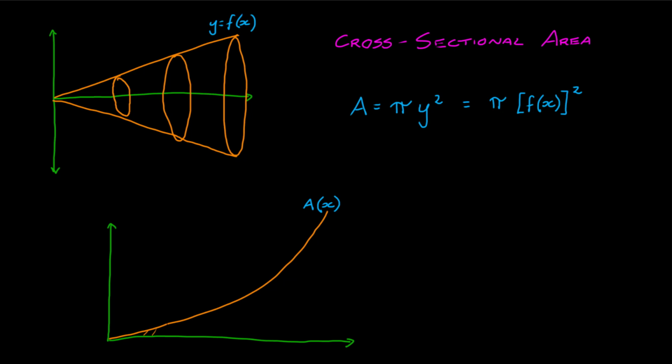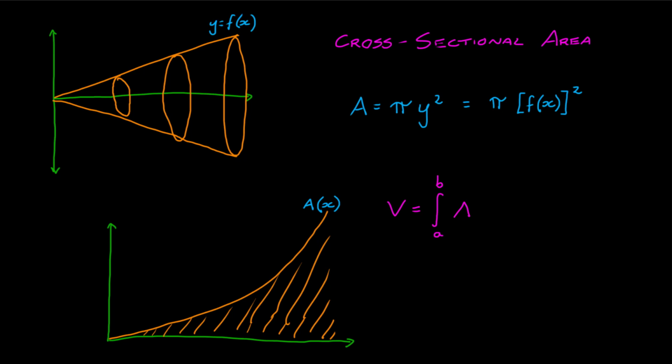But then that seems to indicate that if we add up all of the area under this area function, what we're actually doing is adding up the total volume of the shape. So we'd have that the volume equals the integral from our starting value to our final value of this area function over the various values of x. And that is the definite integral from a to b of pi times y squared dx,